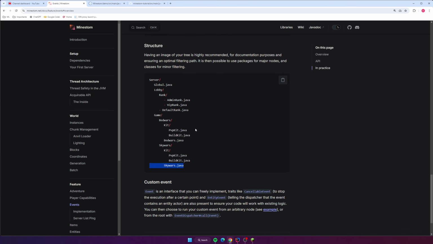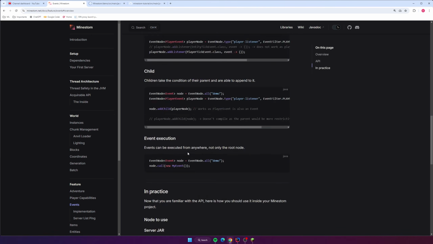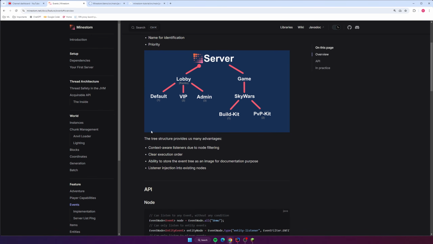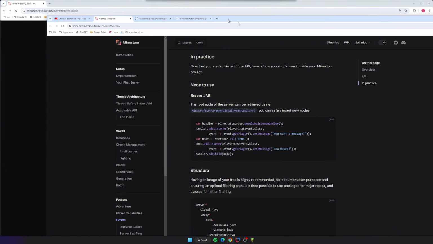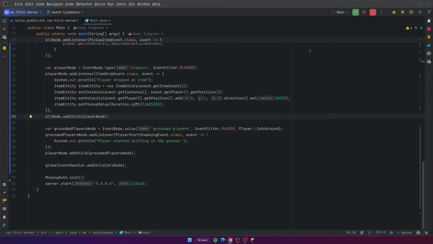This is obviously much more complex than what we're going to be handling in this episode, but it's just important that you know why event nodes are important, and also how they can be used in the future to enhance your project, okay? So with that said, I want to show you guys a couple more things before we end this episode. I know we've learned a lot so far.